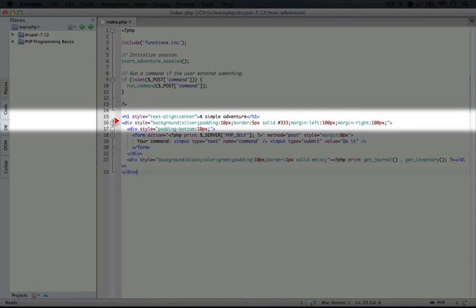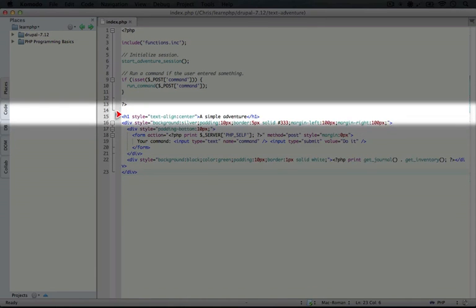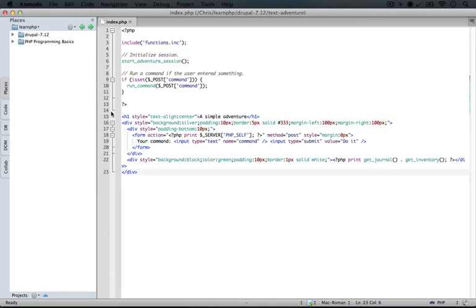Now, the one thing that we could do to improve this is to wrap this code here in a function, and that would give us the ability to use this code in various scenarios. So right now, the code can only be used on this one page. If we want to use it on another page, or we want to integrate this with an existing website, we're going to have to copy this code and paste it in the page. Now that doesn't seem super efficient, so we're going to make one slight improvement here and wrap this code in a function so we can use it wherever we want.